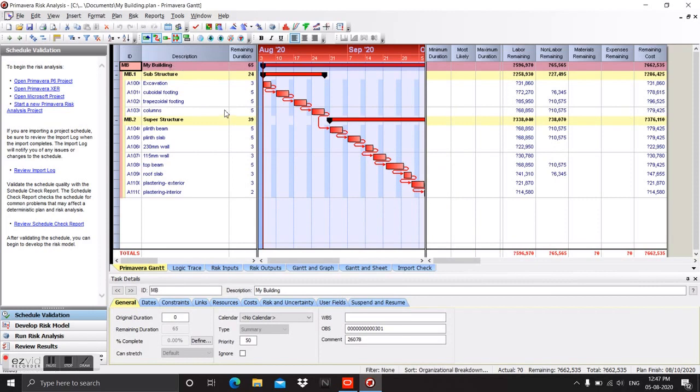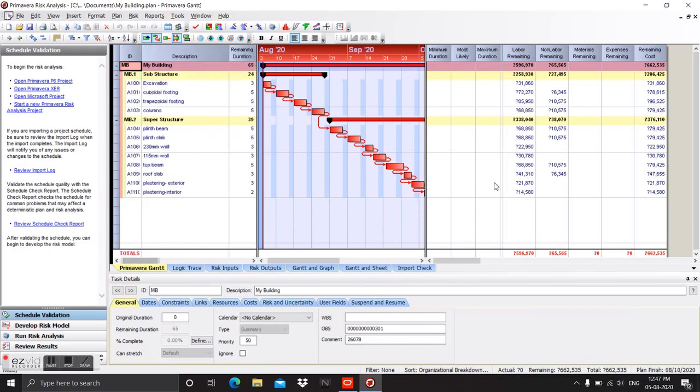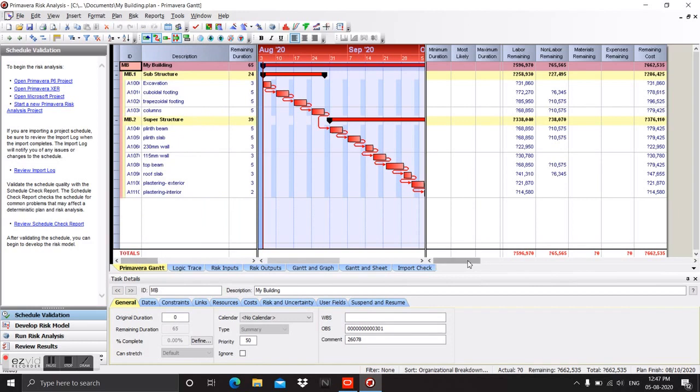So you can see in this window, substructure and superstructure WBS is already created, and the durations are here. You can shift the bar to see the start and finish dates also, and here you will see the cost which each and every activity is consuming.